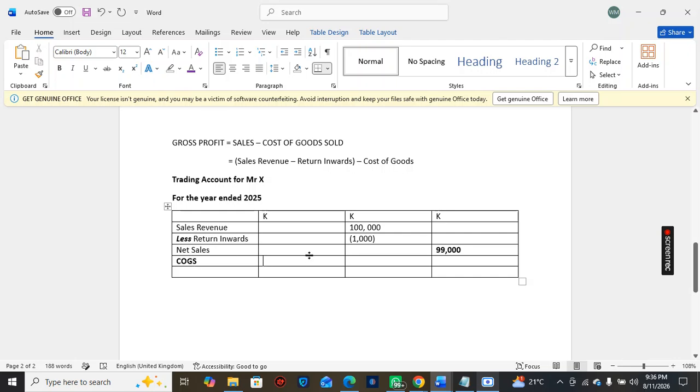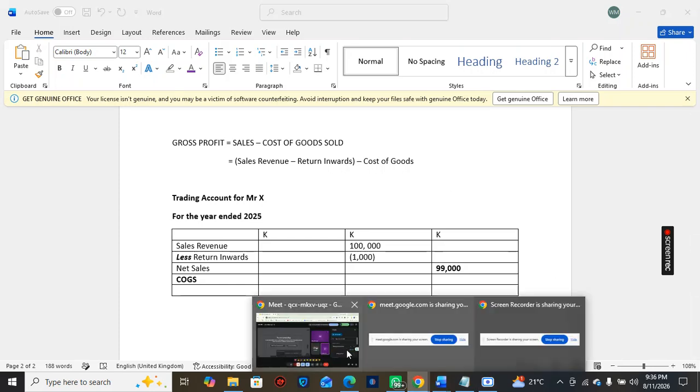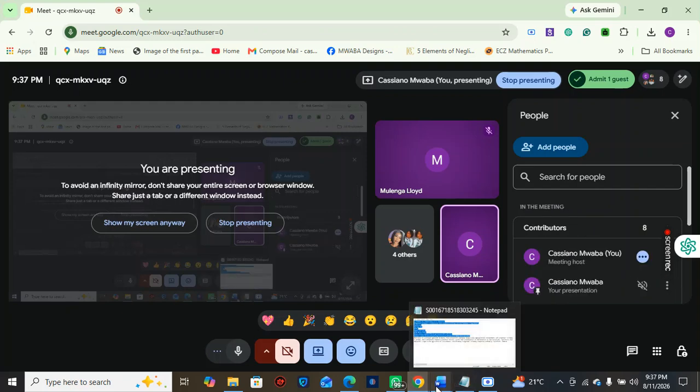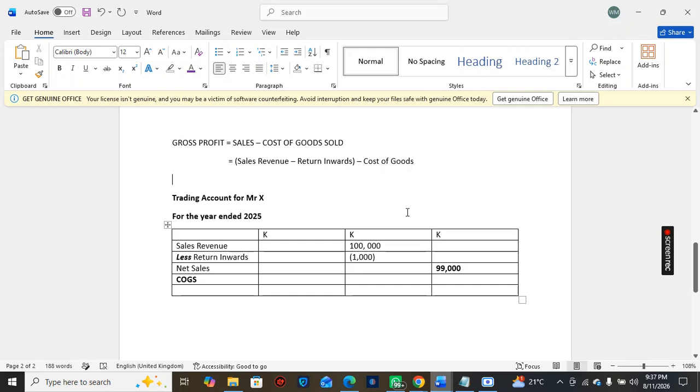If you want, you can leave it blank. So now, in order to get this cost of goods sold, colleagues,